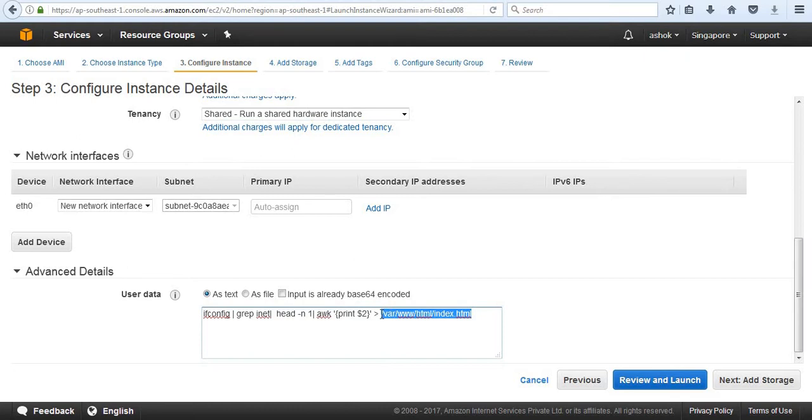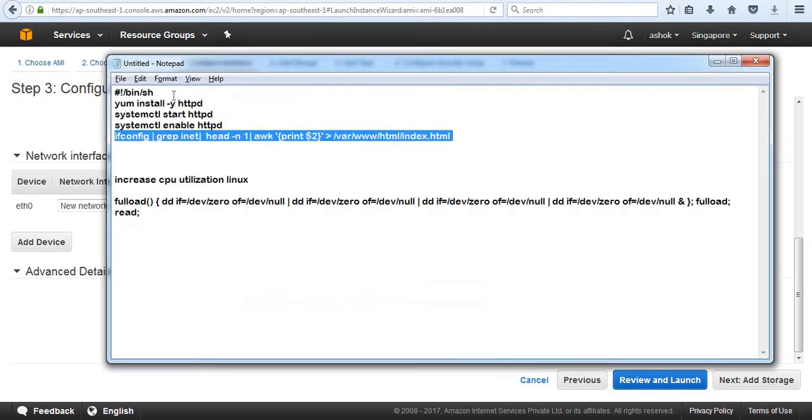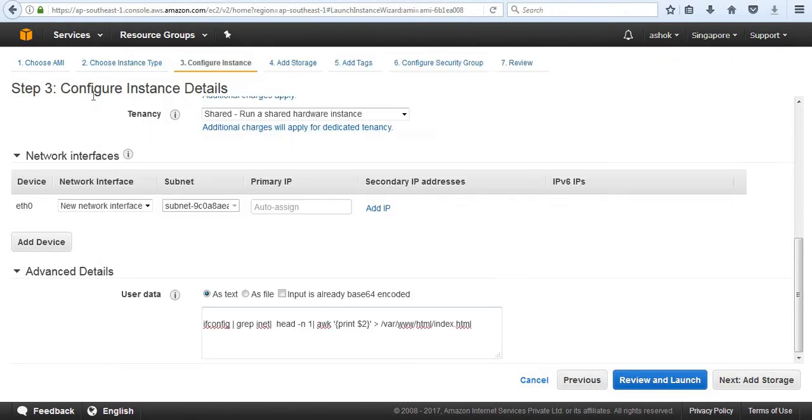We are doing it because I need to test whether the ELB is working or not. Okay, so above we need to put this one. So this is known as the bootstrapping part. Apart from the OS, if we need to install something extra, then we will put those things into this. Storage